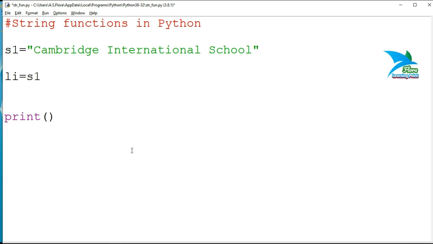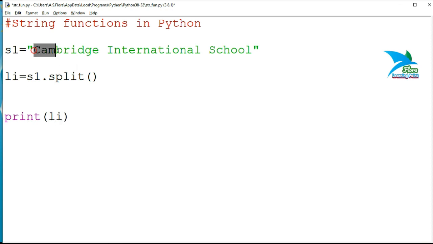I'll declare a variable li equal to s1 dot split. And as we know that both of the parameters, string and number, are optional parameters. So if you don't specify the separator parameter, then the default separator is space.